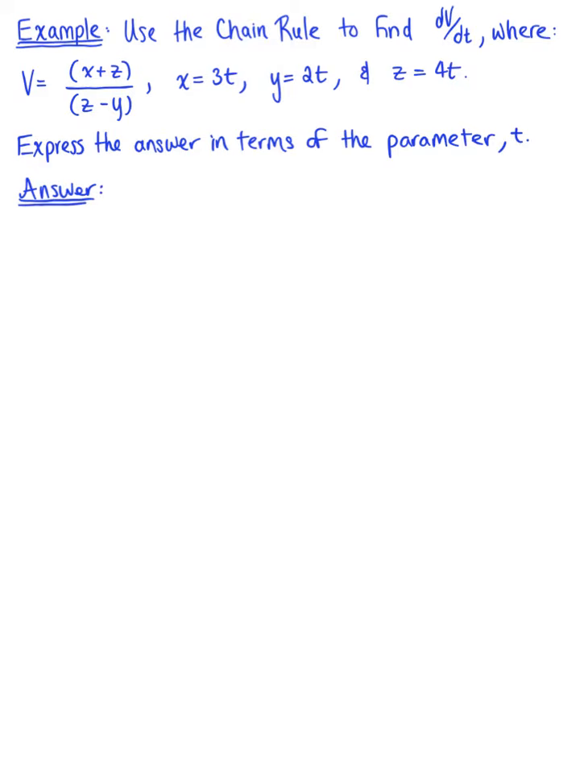So, looking at our given function here, our function v, we see that v is a function of three variables, x, y, and z, and then each one of those variables is a function of t. So the chain rule tells us, the chain rule in R3 tells us that the derivative of v with respect to t, dv/dt,